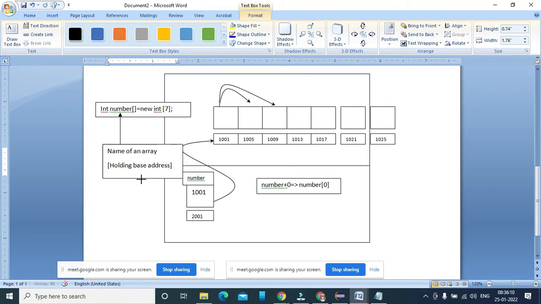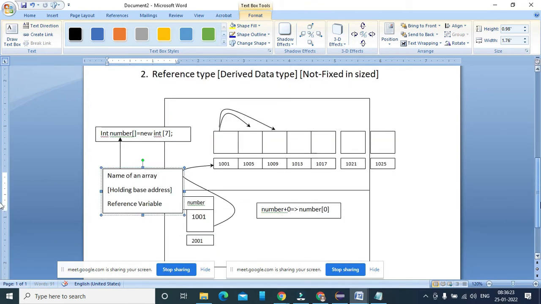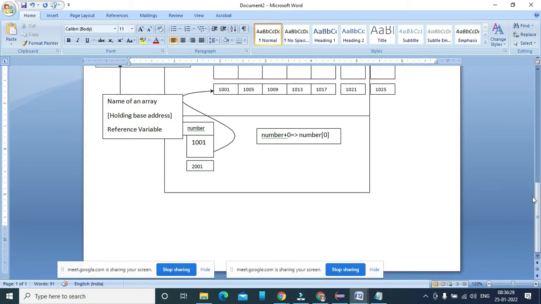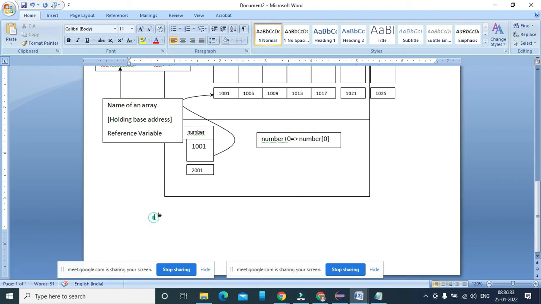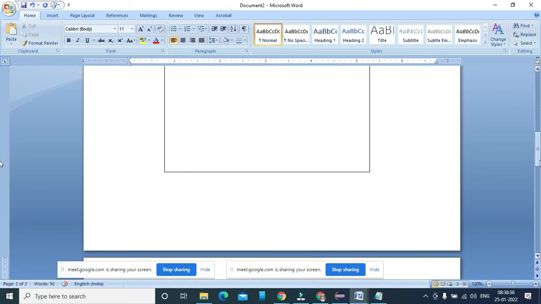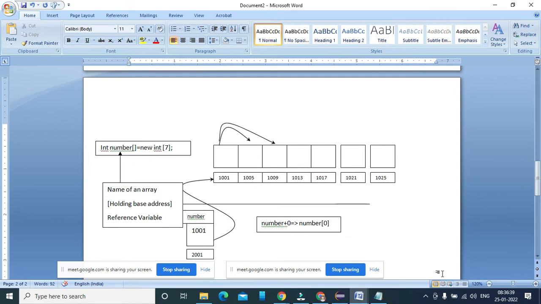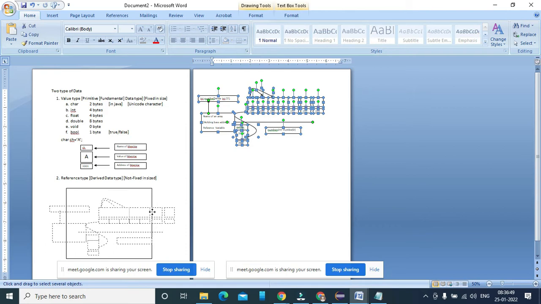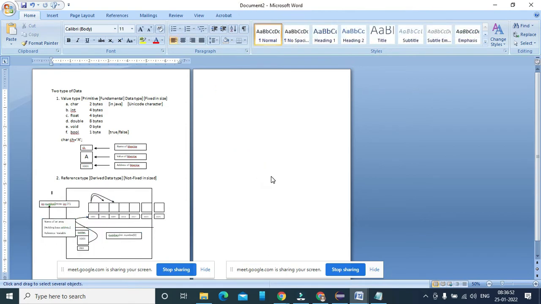There are two types of variables: those that are fixed in size, and the other where the size is not fixed. So what are the different reference variables you are using here? The first one is array, the second one is structure. What if I want a collection that is not of numeric type, where I don't want a collection of similar kind but a collection of different kinds? Then I would call this a derived data type.